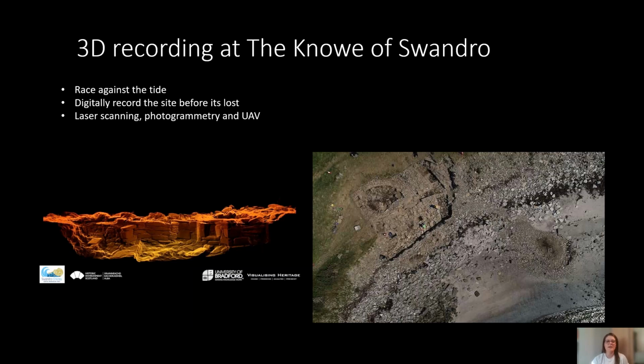So it's again a race against the tide. And to the left, this is just one of the outputs of what terrestrial laser scanning can do. So we've got a 3D model. When we're excavating, it is a quick process. So we're trying to have a written and a digital recording system, but then we're able to process the data and actually investigate and analyze the site in detail, structural wise, to see the